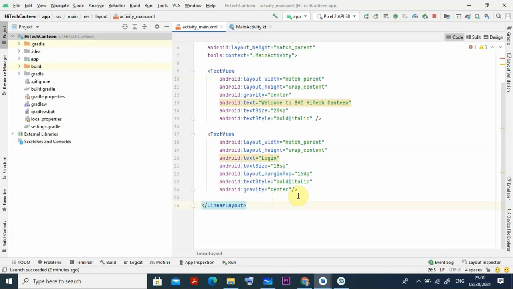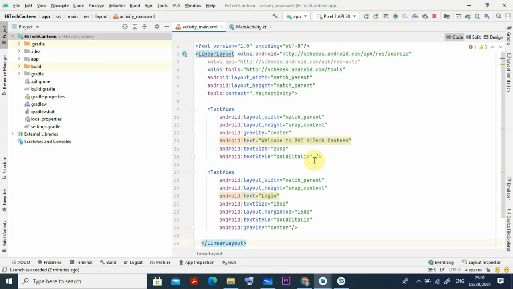Then Android orientation, that is for the linear layout. At the top we have to put it, and the layout width and height. Then you have to give the orientation also, you can put it here at the top.